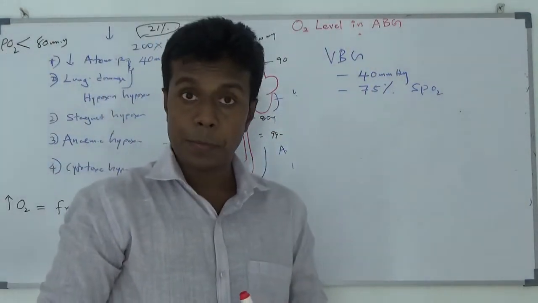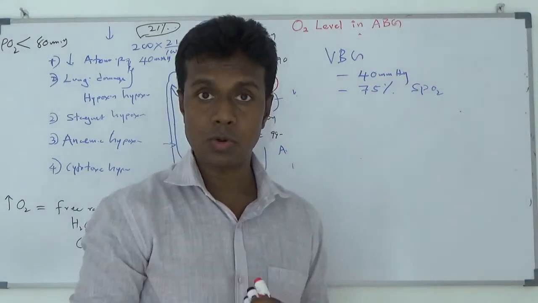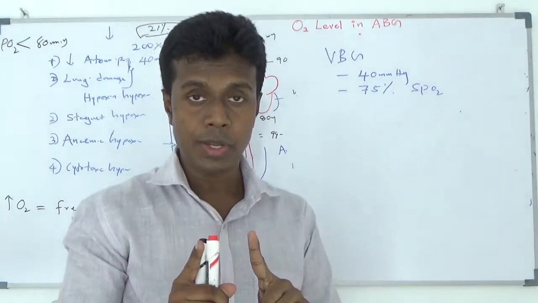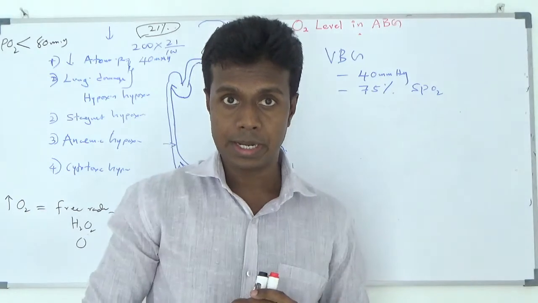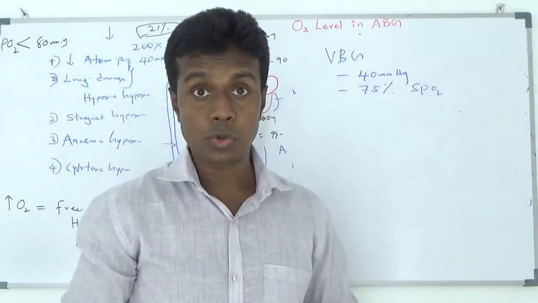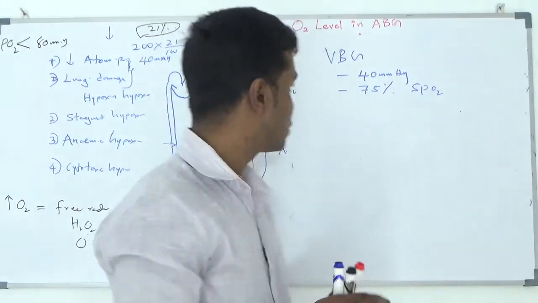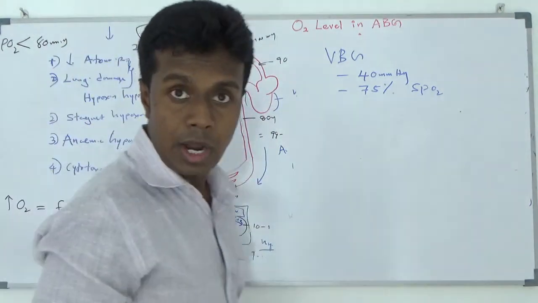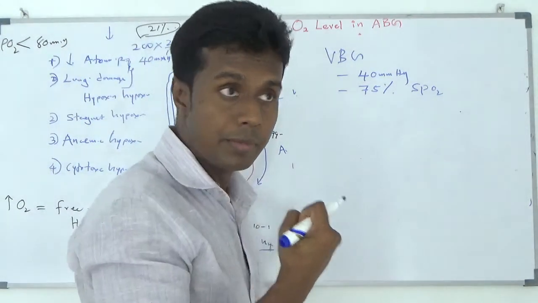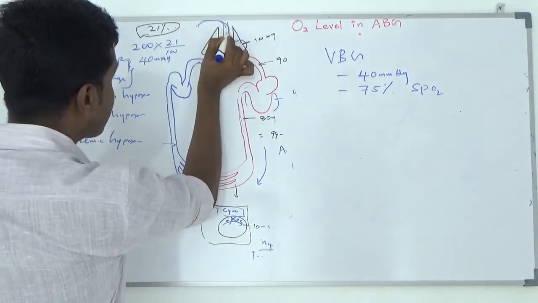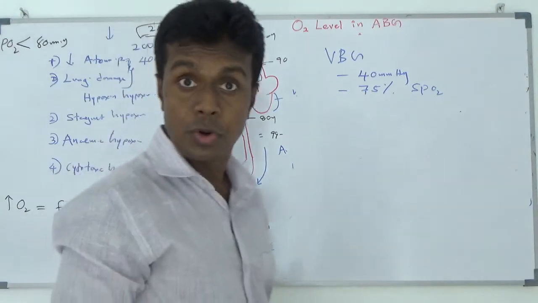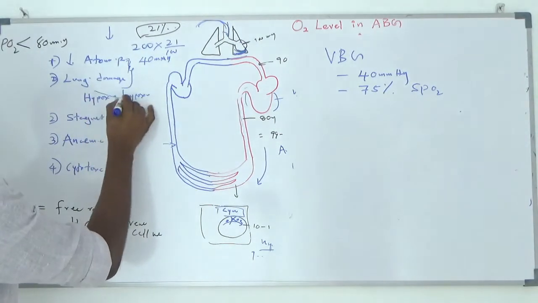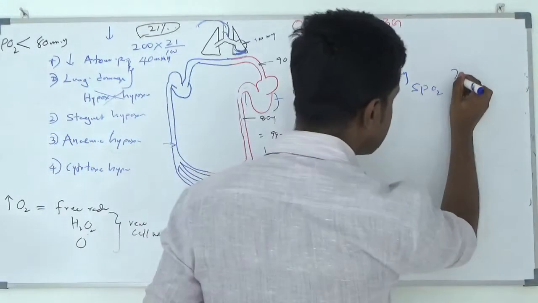You usually anesthetize a patient with a normal lung. Diseased lungs you can also anesthetize in case of emergency or a critically ill patient who is waiting for surgery. But most of the time you anesthetize a patient with a normal healthy lung. That means oxygen transfer is not the factor for hypoxia in your patients. So unlikely to have hypoxia due to alveolar capillary membrane problem. Unlikely to develop hypoxia from the oxygen supply side because we give at least 30-40% oxygen to your patients. So hypoxic hypoxia is unlikely in your anesthetized patient.